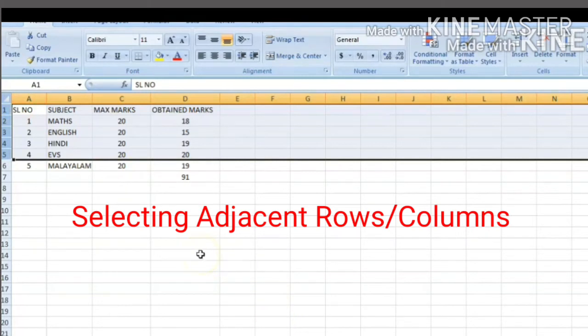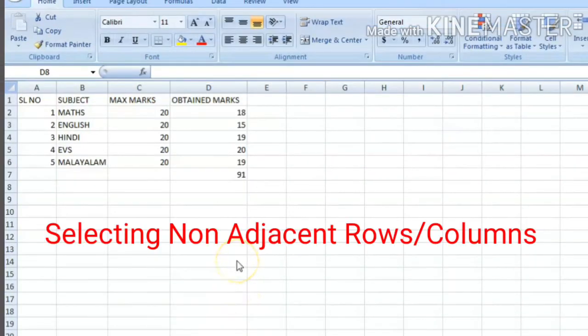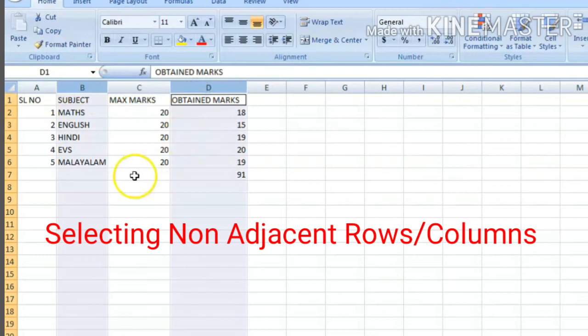Okay children. Then if you want to select non-adjacent rows or columns, what you have to do? Click on the row numbers or column names plus the control key, and then you can click on any non-adjacent row or column to select it.